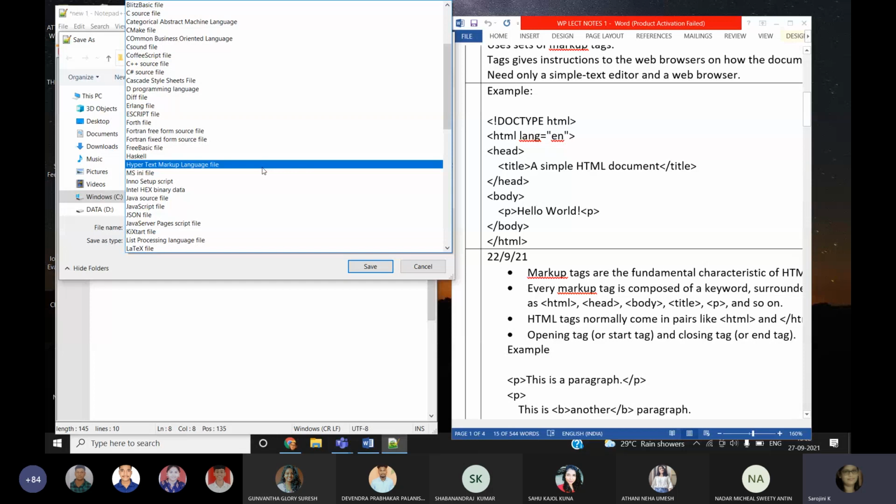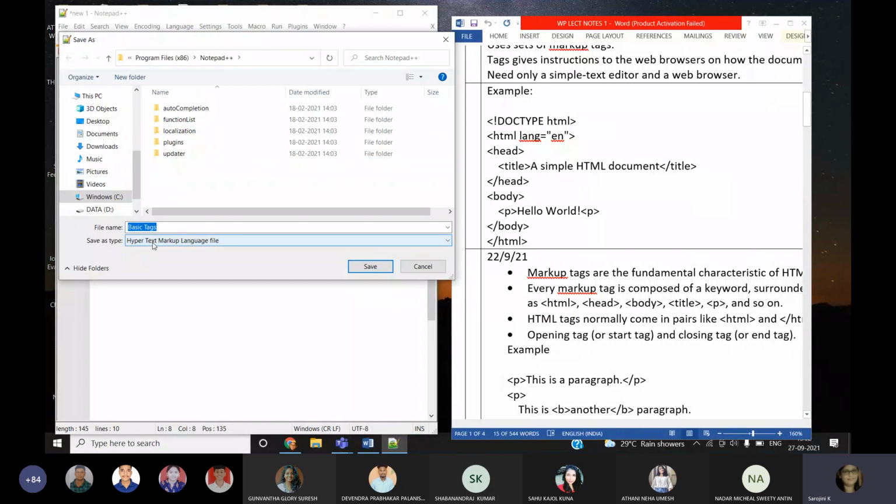Now look at here. This is the file name which I have typed, and this is the file type which I have selected. Okay, after confirming these two are appropriate, you will select save. Okay, it is asking where I have to save.